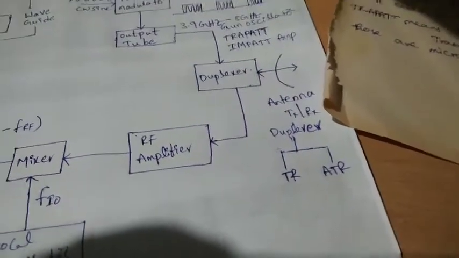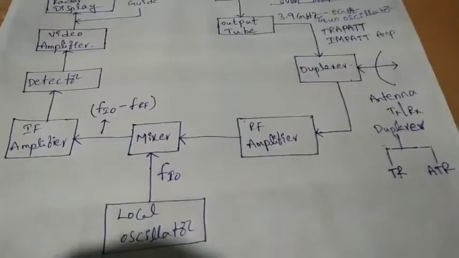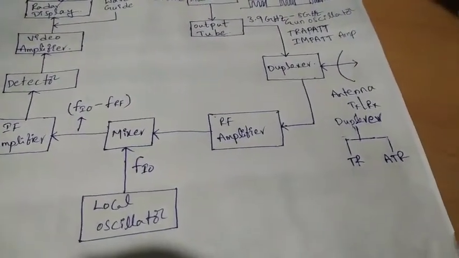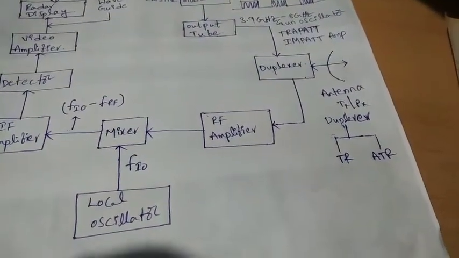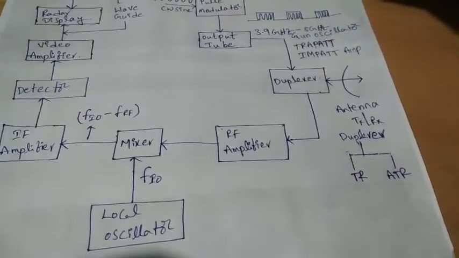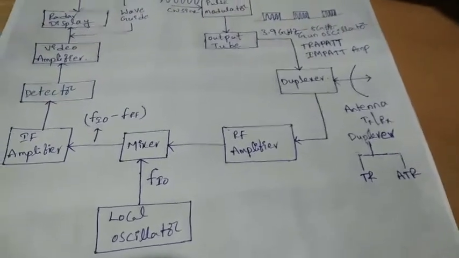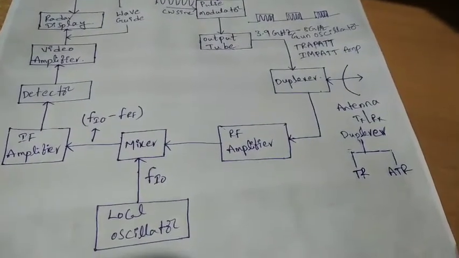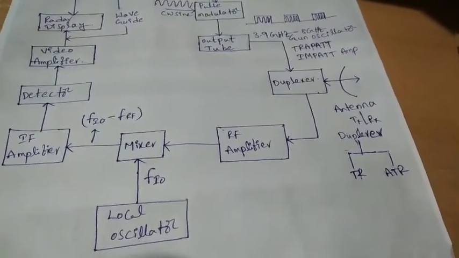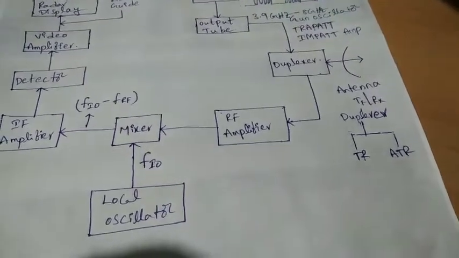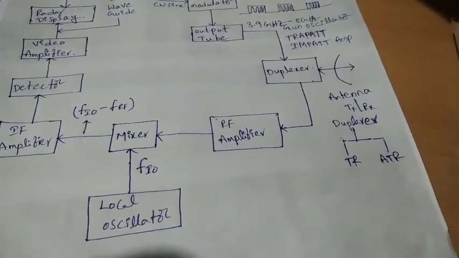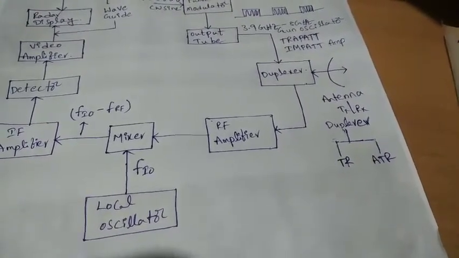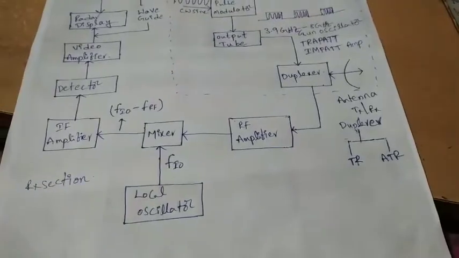This is what goes on in the transmitter part. In the receiver section, the receiver is usually the superheterodyne type. So what is the superheterodyne principle? The superheterodyne principle is to convert the radio frequency signals into intermediate frequency signals. The signals received by the antenna are radio frequency signals, and first we have to convert them into intermediate frequency, which is known as the superheterodyne principle.